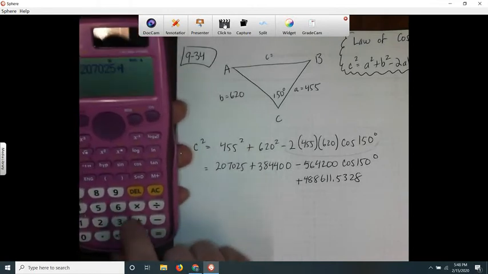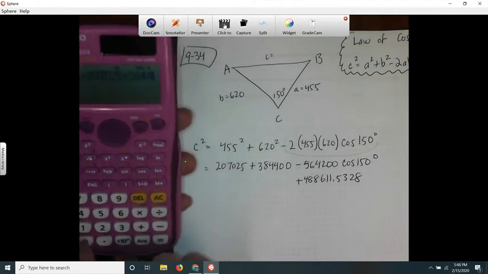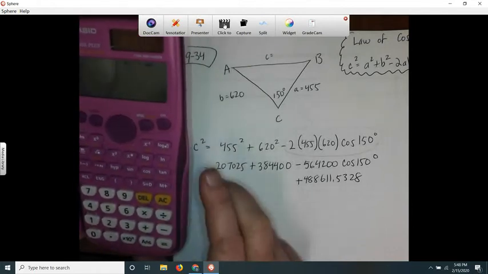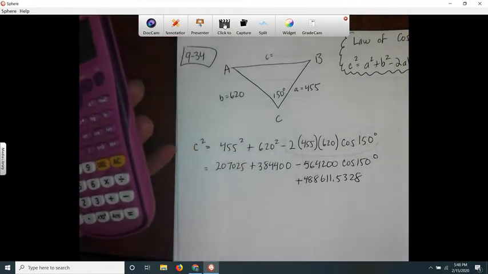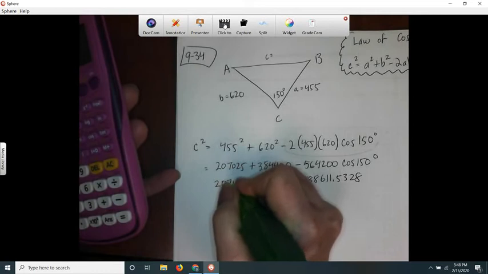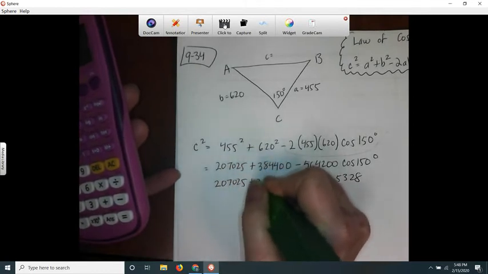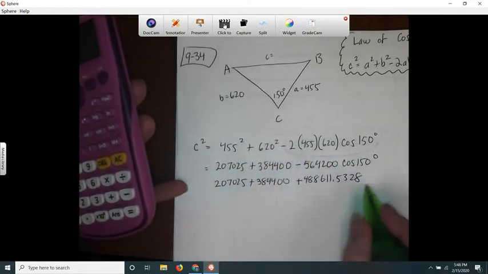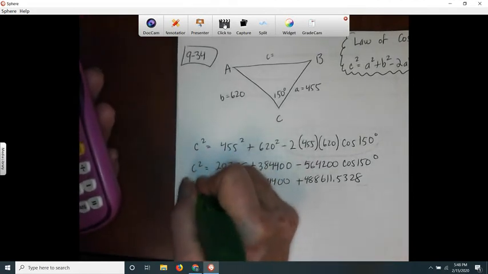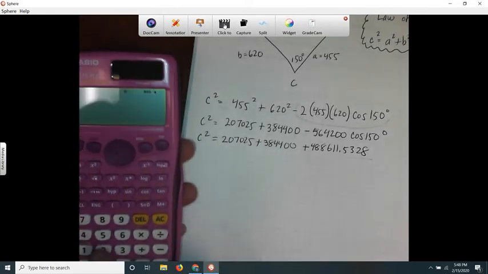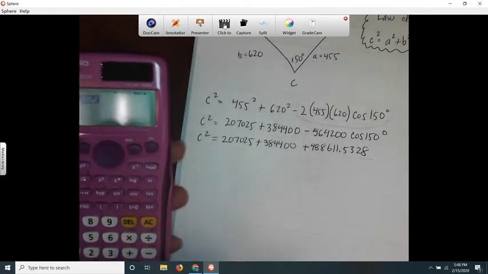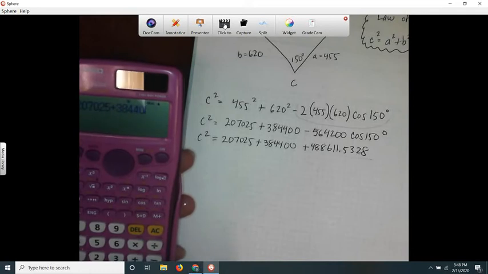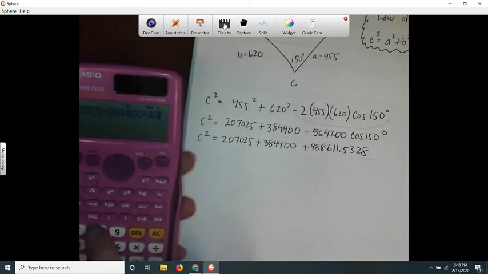So now if you add all these together, that's what c squared equals. 207025 plus 384400 plus 48861